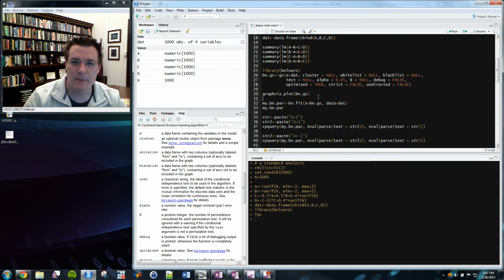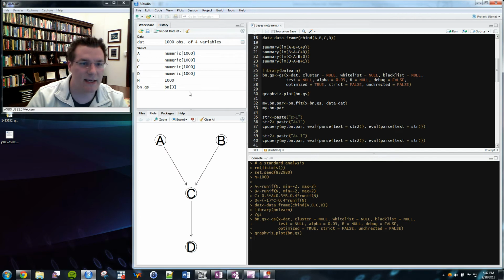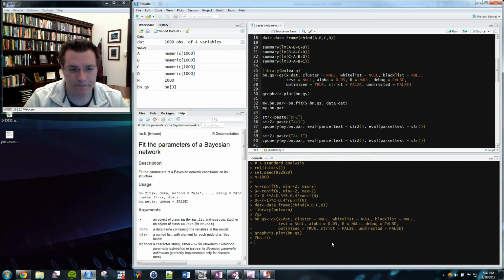the network. So if I tell bnlearn to learn this network based on this data, and then I plot the relationships that exist in the data set, here we go. This is the network that is recovered, and as you can see, it's accurately recovered those relationships. That's just a structure though. It doesn't tell me the size of these relationships, and if I want to recover the size of these relationships, I use the bn.fit command,